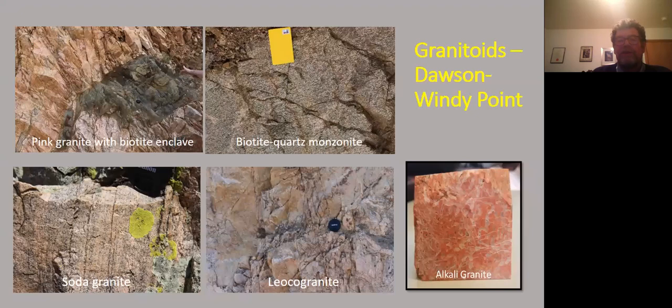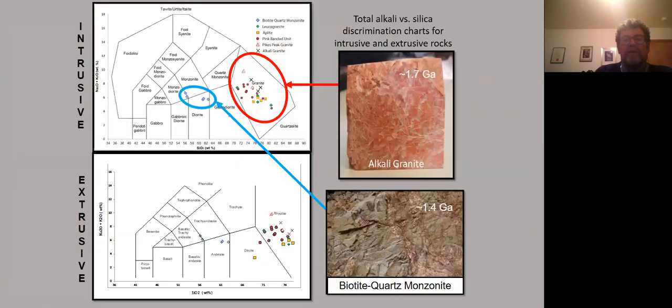So just to show you the granitoids here, this is the pink peraluminous granite. Here's the supposed, and I say supposed because I'll show you some of the compositions, biotite quartz monzonite. This is a soda granite, a leucogranite, and an alkali granite. We have some older rocks here, a biotite-rich enclave within the pink peraluminous granite. We did some whole rock analysis, and yes, most of these fit in the granite field as expected